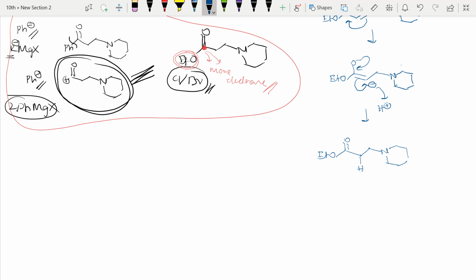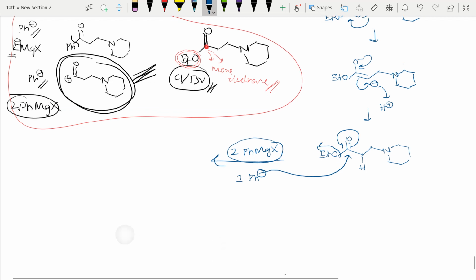Right, so next I have to add Grignard reagent, 2 molecules of PhMgX. These will be having a phenyl group with negative charge, so one molecule will react, it comes back, and OEt is a leaving group, so it leaves the system. So that is for one molecule. Initially let me write all the reactions, later I can skip those things. The other things remain as they are.